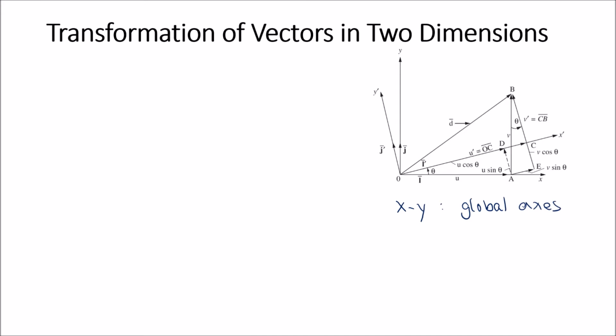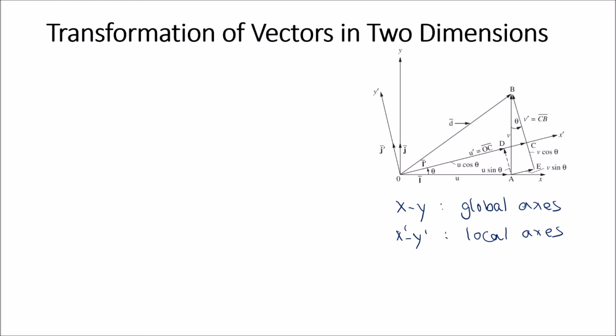axis and x prime, y prime as a local axis. And we are looking at a vector d. We're looking at this vector d that is neither oriented along the x prime axis nor is it oriented along the x axis. We want to be able to relate d in the local axis to d with respect to